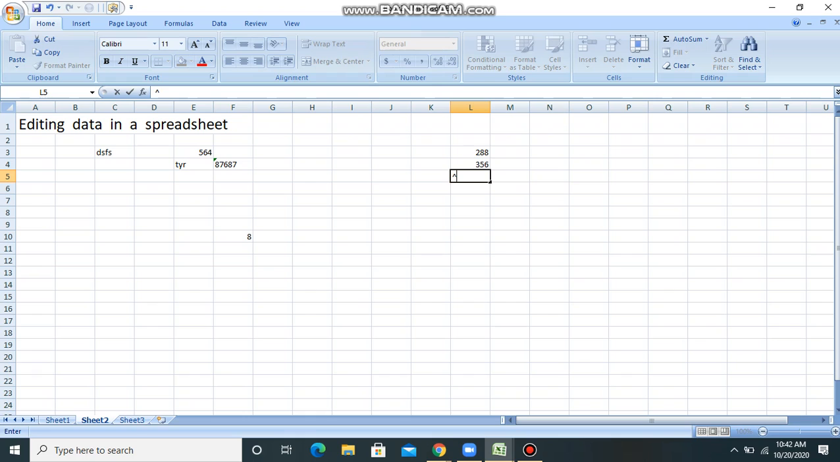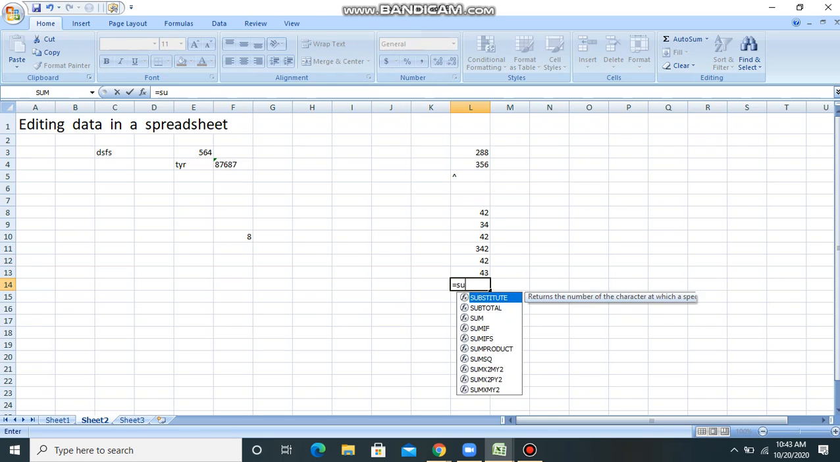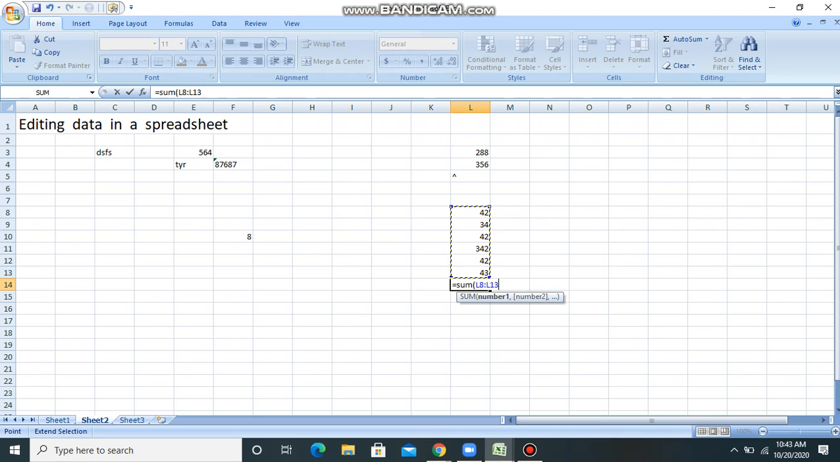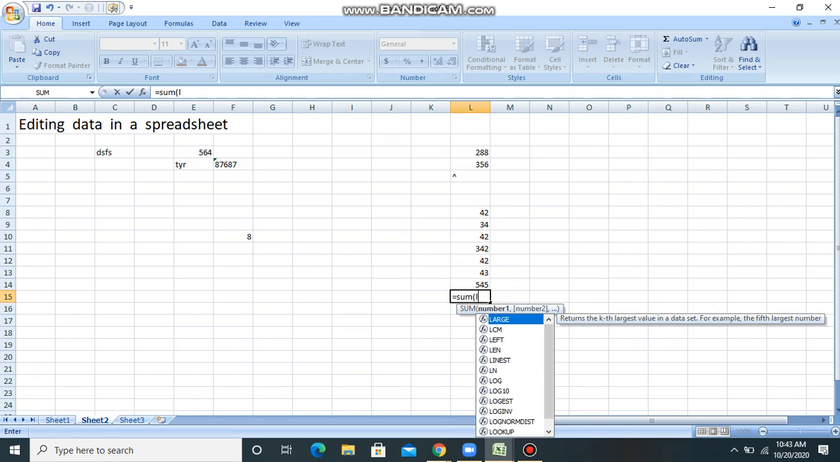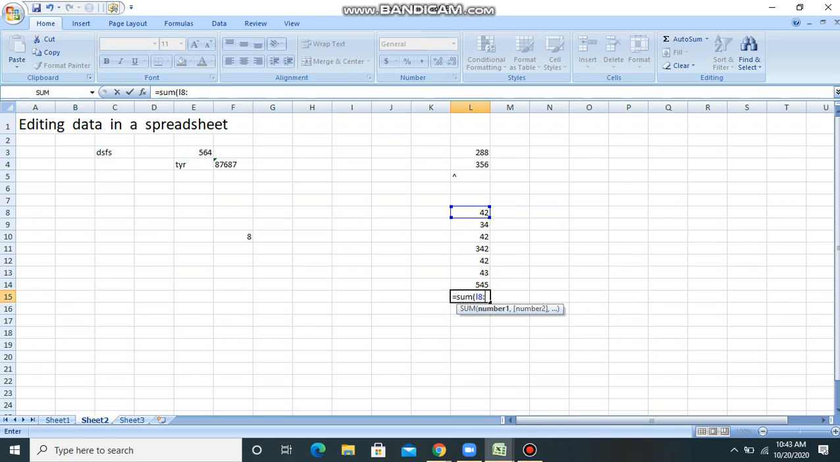After that, I will just tell you how to use the SUM function. For example, I have written some values like this. I want to use equals to SUM. I can just start from this L8 colon L13. Close the bracket, press the Enter key. Alright. I used the mouse, but I can also use the keyboard. Equals to SUM L8 colon L18, close the bracket,